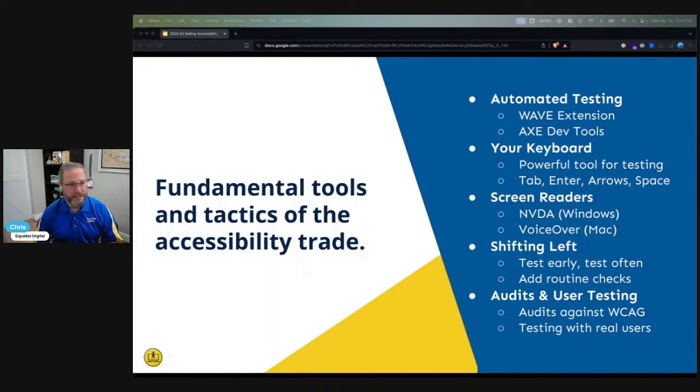And then user testing is the other one. So that is always conducted with users with disabilities. And this can vary, but I think the easiest way to think about it, if you're new to this, is it's a little bit like a focus group. So they're testing different user journeys. Usually you're giving them a list of tasks to try and perform without explicitly telling them how to do the thing you want them to do. And then you see what trips them up. You get their general feedback about the interface.